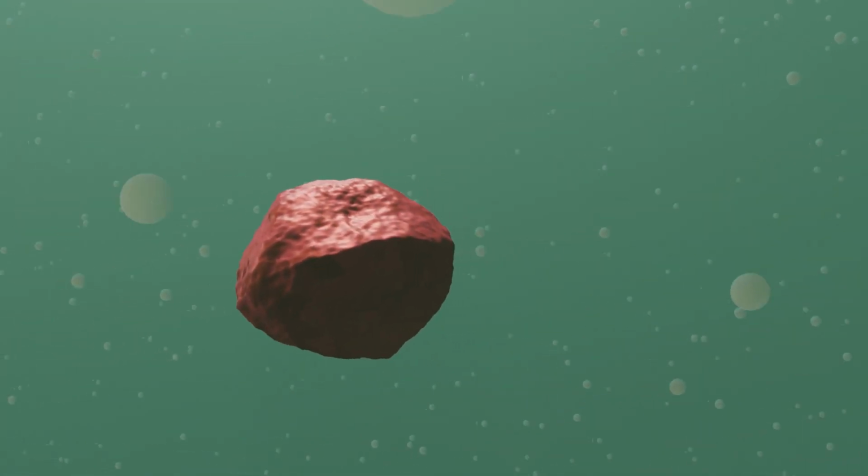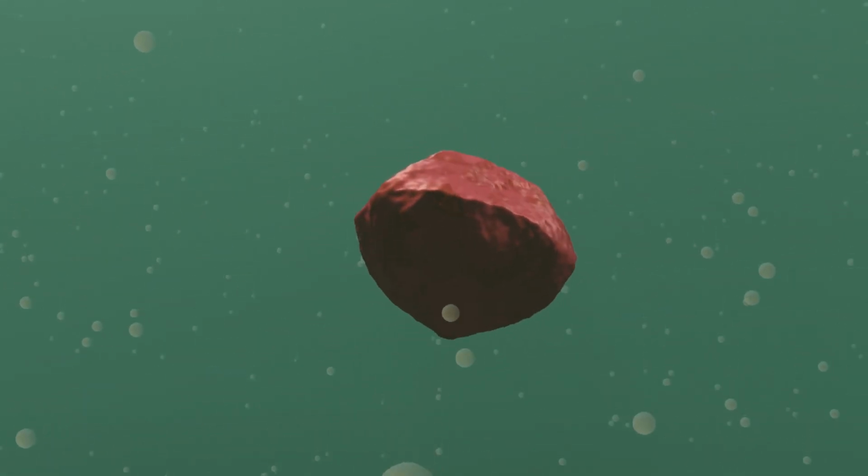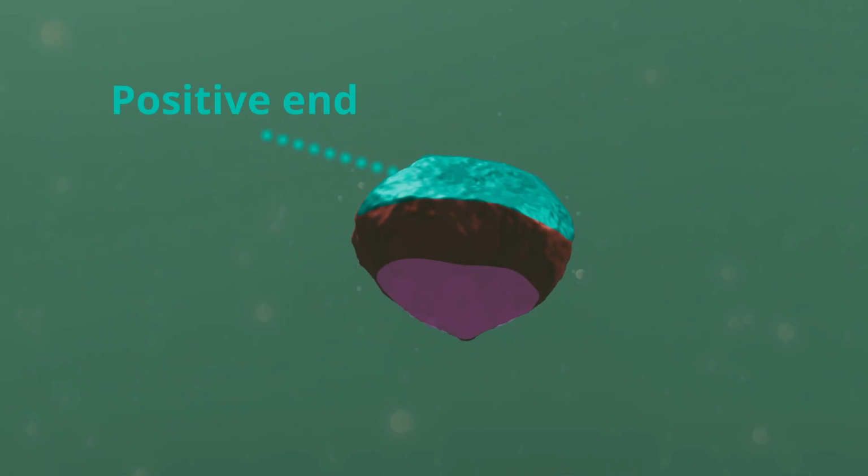Welcome to this video on actin polymerization. Here we see an actin monomer with the positive end and negative end highlighted. The positive end of the actin monomer has higher affinity for other actin monomers, and this is important for the